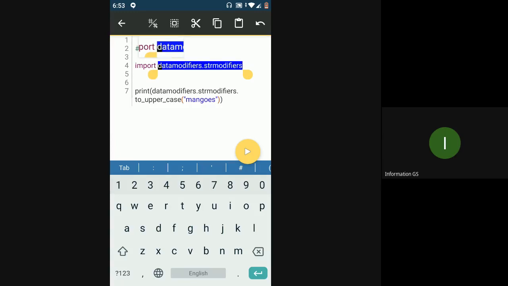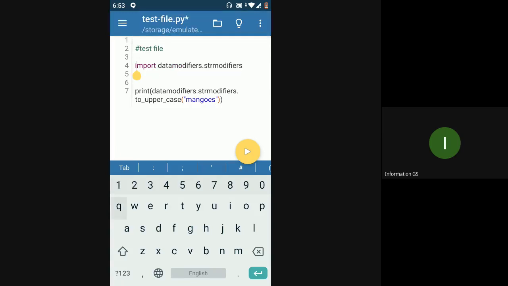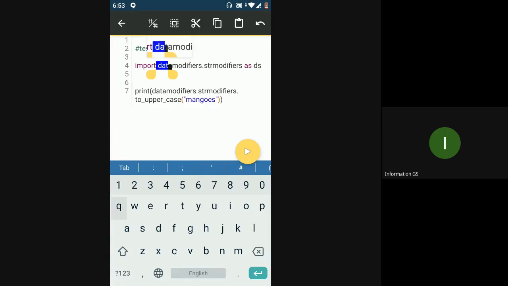I'll just say import this package dot the module name as DS, because you have data modifiers dot str modifiers. Now this gets imported, but instead of using data modifiers dot str modifiers whenever you want to use it, you can use DS instead.